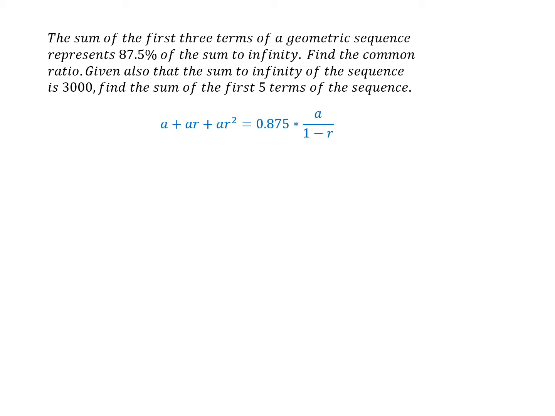There it is. The sum of the first three terms, that's the first term plus the second term plus the third term, is 87.5%, which is 0.875, and the sum to infinity of a geometric sequence is just a over 1 minus r. So I can multiply both sides by 1 minus r,